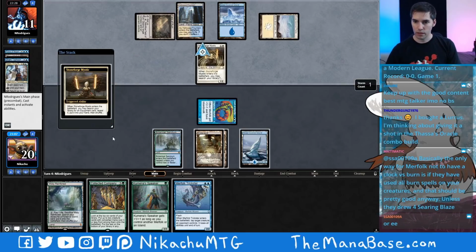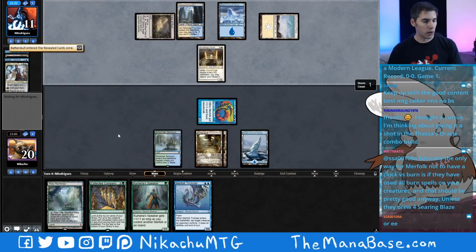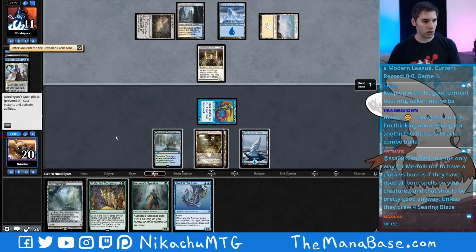Getting better skilled. Thanks. I bought Aluris. I'm thinking about giving it another shot in a Thassa's Oracle combo build. That's interesting. The hardest part of the Thassa's Oracle combo